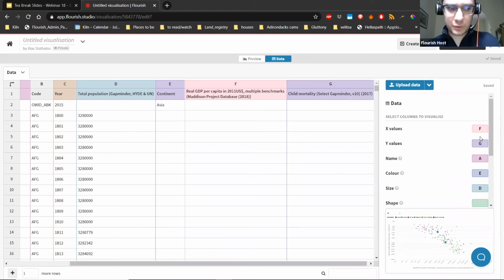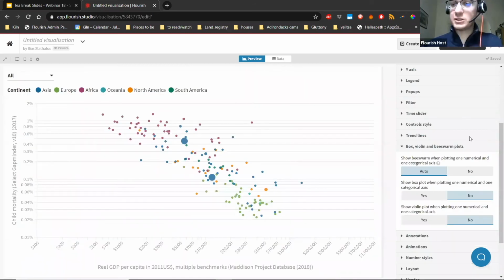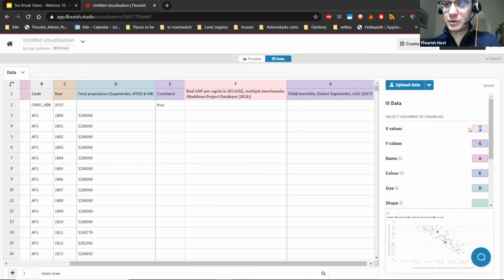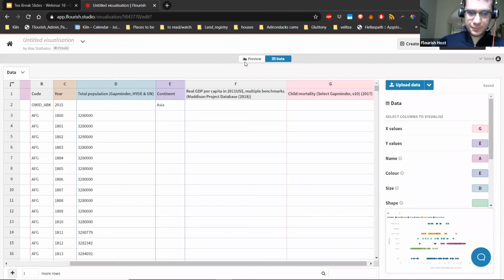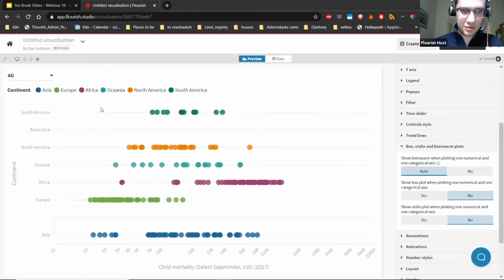So let's see how we can make this into a continent grouping. Our Y values is child mortality, so this should remain the same, and our X values should be the continents. As we can see here, very easily and immediately we created a box plot